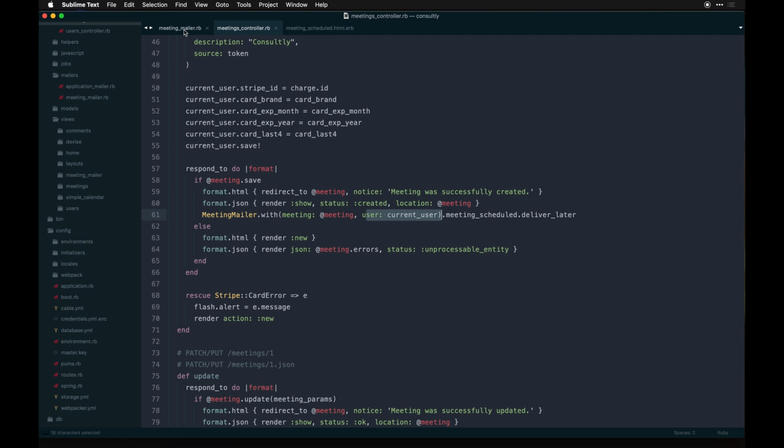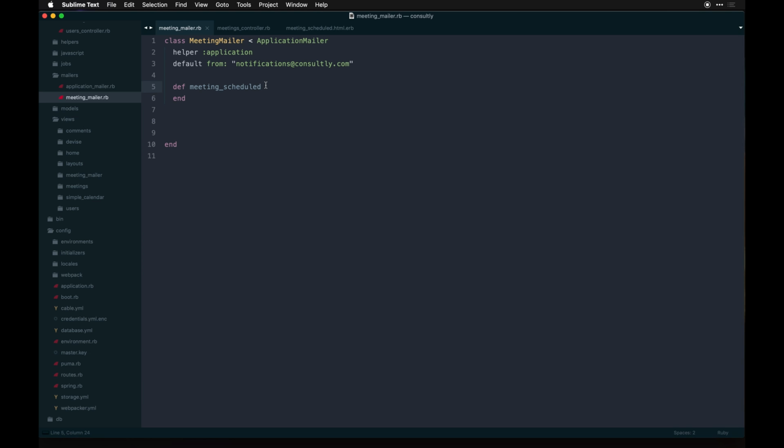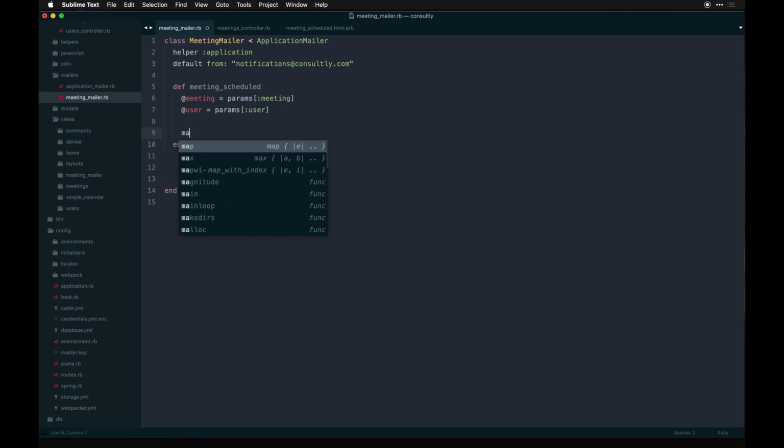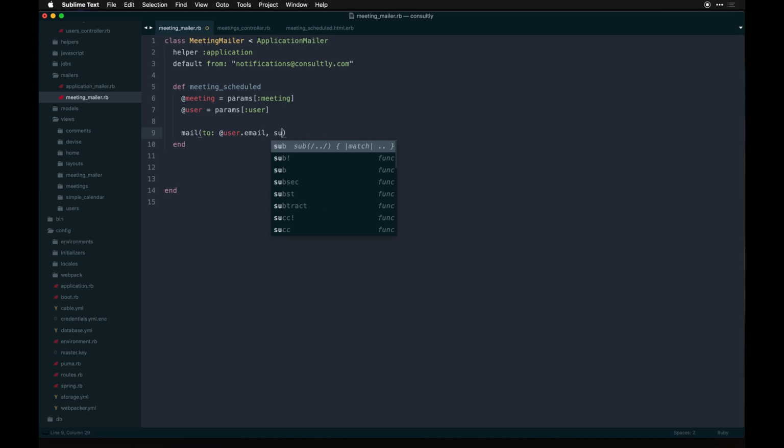So in theory, in the mailer, we can access those parameters as well and save them as variables to use in the actual email. It's like just taking parameters, passing them through different controllers, getting them to the view so you can access them and give the user at the end of the email something really valuable to actually know about, as opposed to just a success message. So we're going to pass through the user, and then on each mail method you can perform mail this way. So you'll target the user email, since we have that instance of them, and then you can set a subject inline like this,